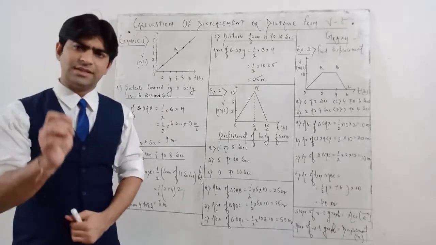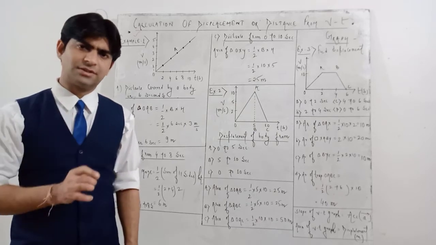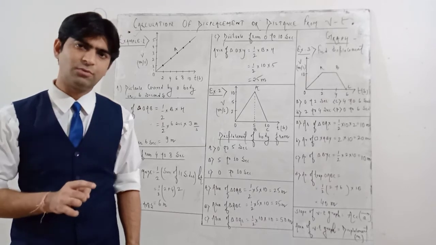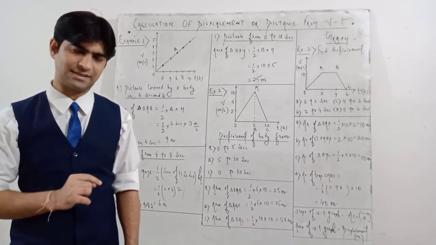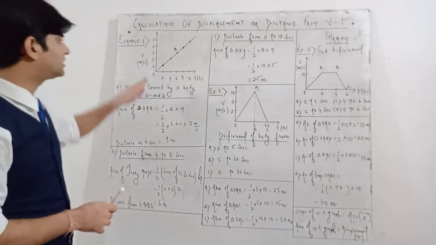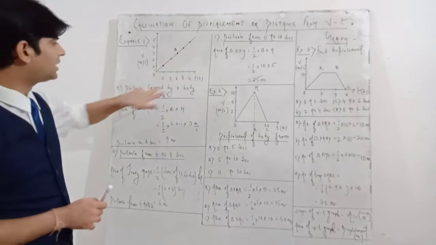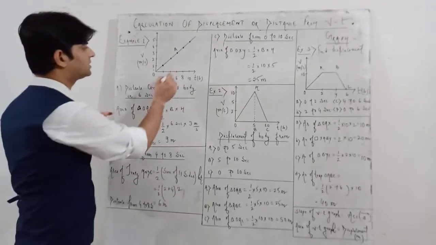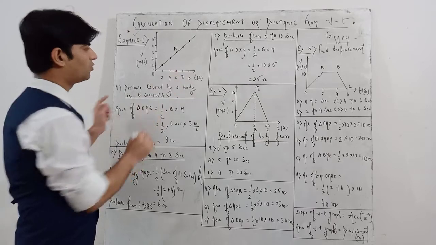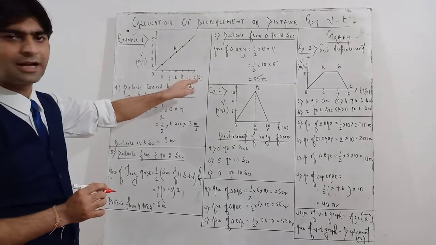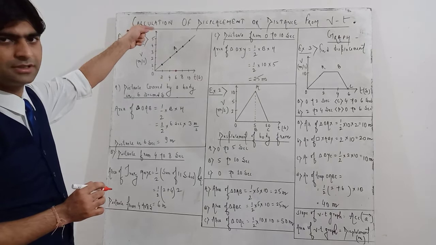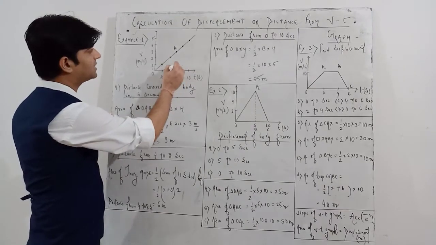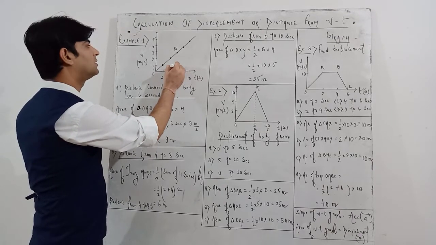See, it is very simple: if a two-dimensional coordinate system is given, that is y-axis and x-axis, then the area will be calculated by multiplying the y-axis and x-axis. You have to find out the distance covered by the body in 6 seconds. On the x-axis it is time, on the y-axis we have taken velocity. Now this is 6 seconds. So at 6 seconds you can see how much portion the body is covering.